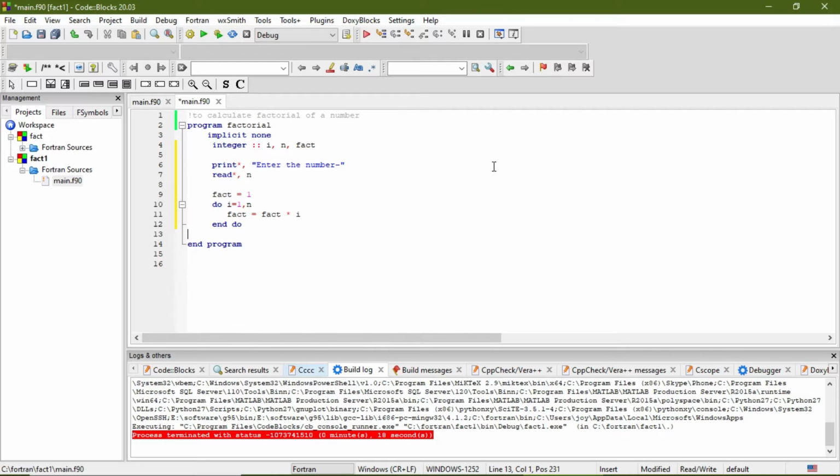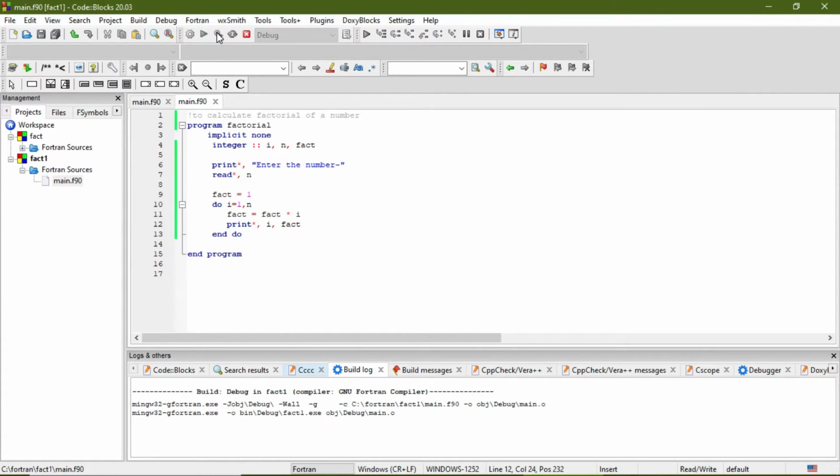Now let's print the factorial in each step. Let's just print I and fact both. So now let's build and run it.